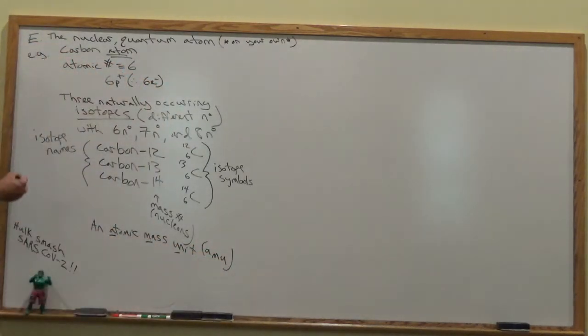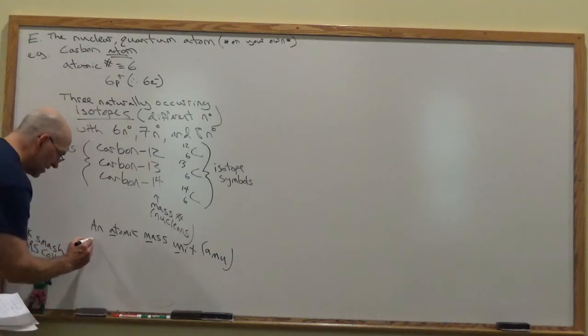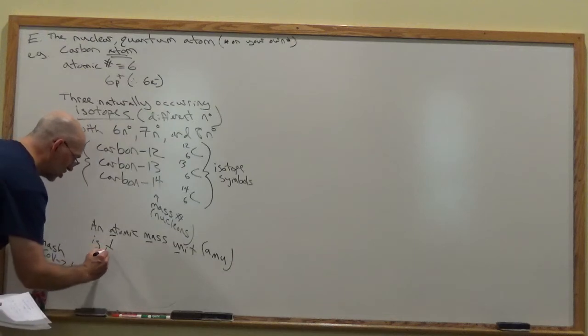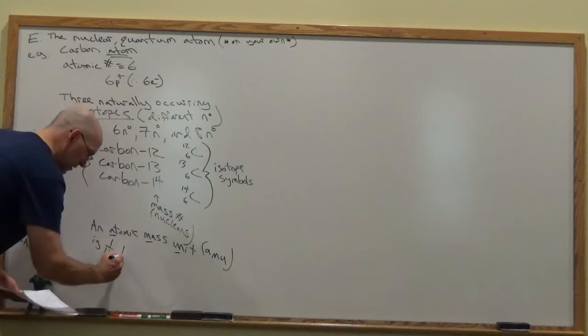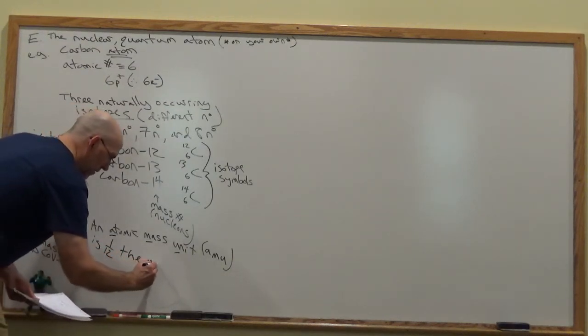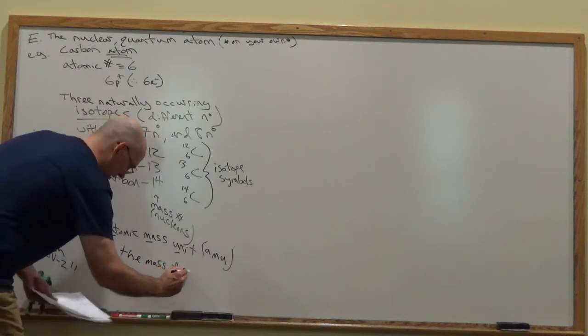Biologists will often call this a Dalton, after John Dalton, who was a famous chemist who also did some biology. So an atomic mass unit is defined as 1/12 the mass of a